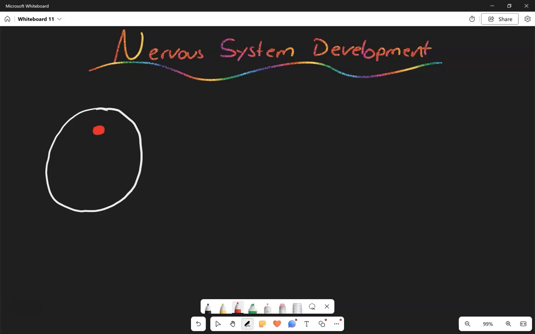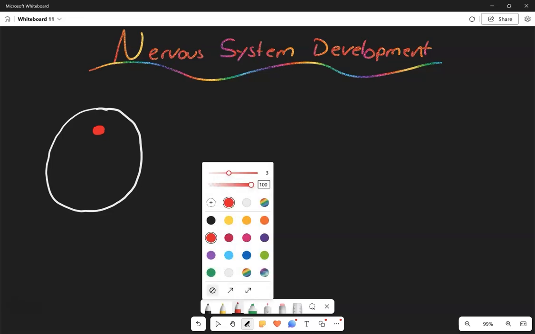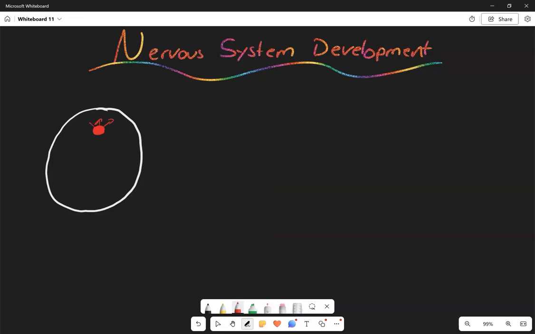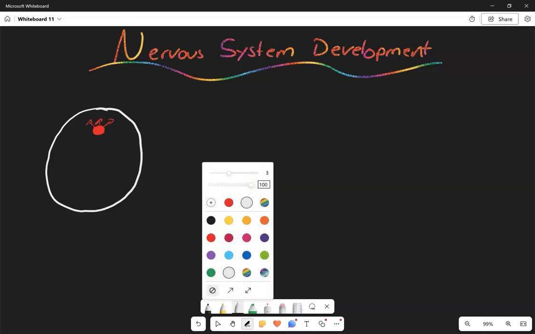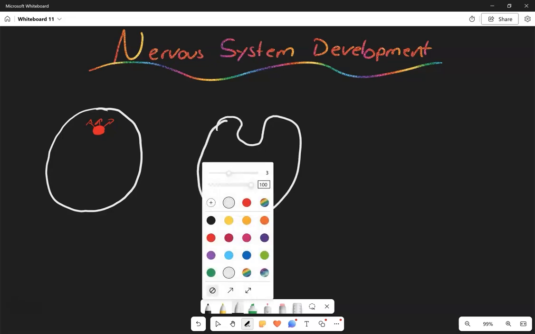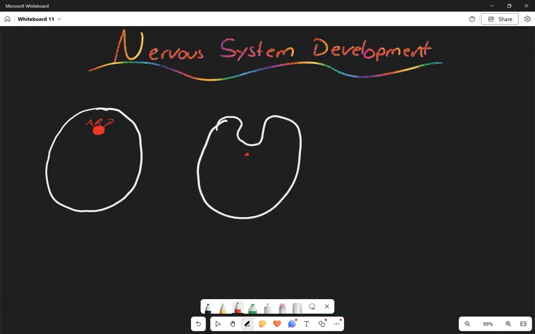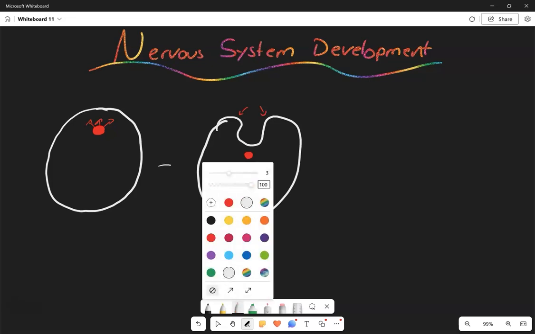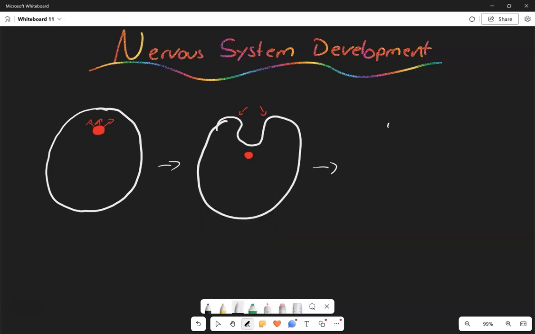So one of the things that happens is that this notochord is going to send out signals to cells to start to differentiate and form something known as the neural crest. Okay, so the developing neurula will have an invagination on part of it, and these cells here are known as the neural crest cells. Now, over time, in embryonic development, what is going to happen is that those neural crest